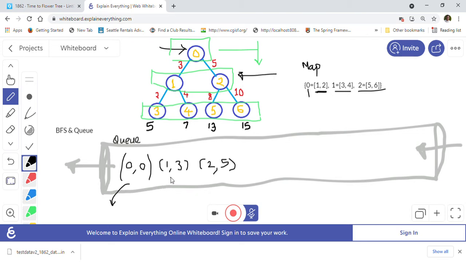So at that time we will pull this 1 comma 3 out, and we will check if 1 is a leaf node. It is not a leaf node, right? So we will add its children. So 3 comma something we will add in the queue. When we add 3, we have to calculate the time, right? So it will be 3 plus 2, so we will say 3 comma 5 here, right? That is how BFS is, right? And then when we are adding 4, the time will be 3 plus 4, which is 7. So we have 4 comma 7, right? 4 comma 7 we will add.